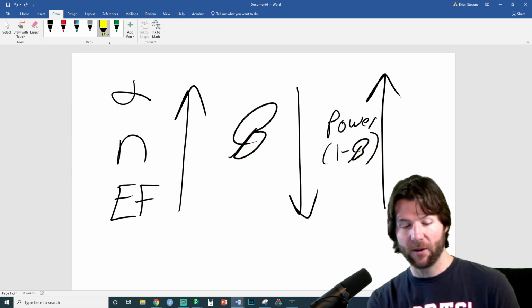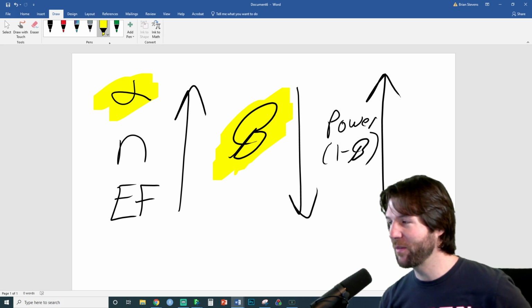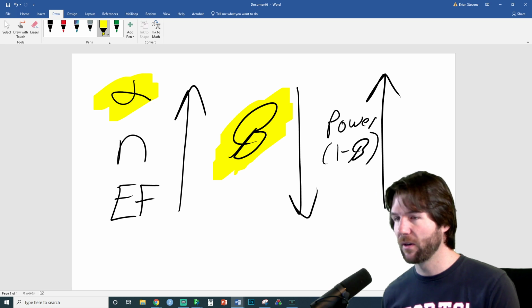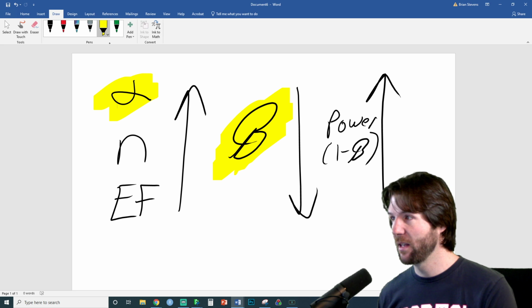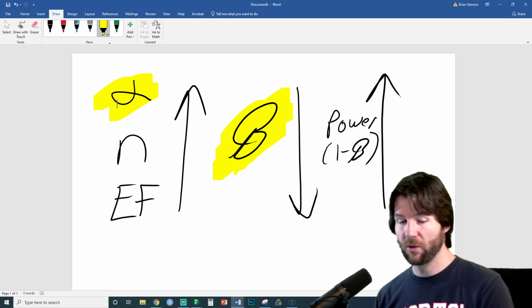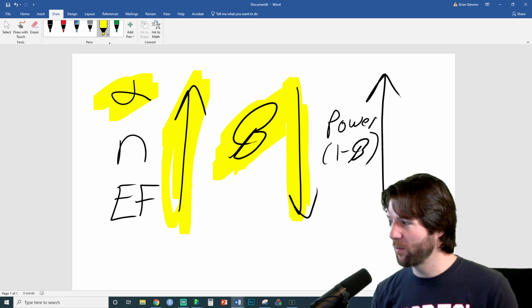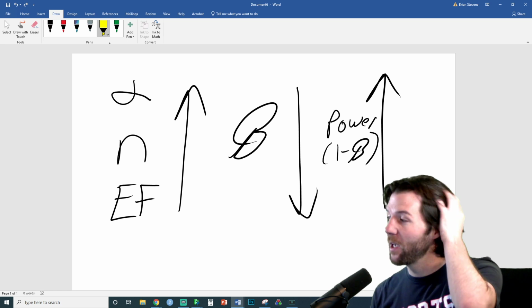Alpha and beta are not inverses. I love it. We haven't used that test question in a while, I don't think. But I love that because people usually think they are. People think, oh, alpha, beta, they're inverses of each other, or complements of each other. They're not complements. They are inversely related. So you see that if alpha goes up, beta goes down. Alpha directly impacts beta, but beta can be impacted by other things.